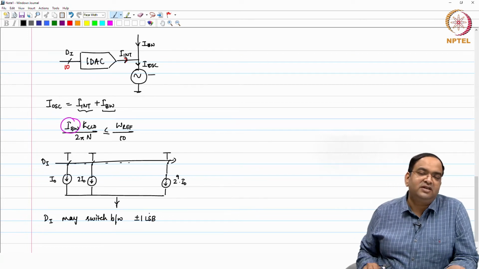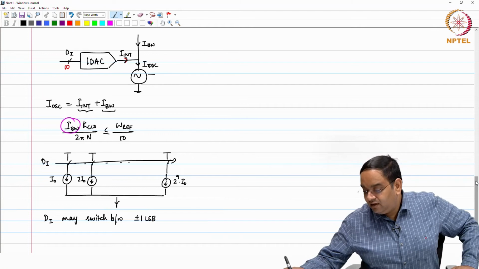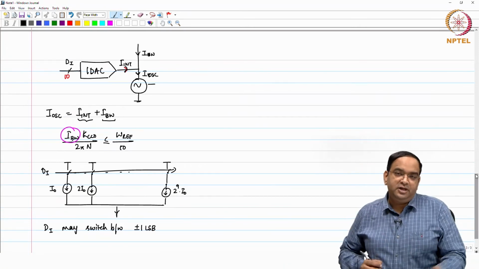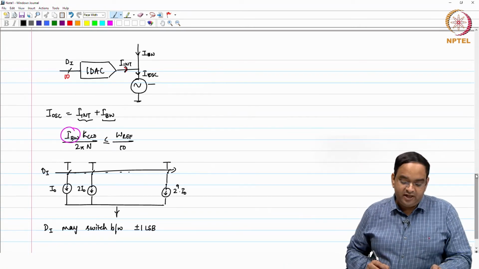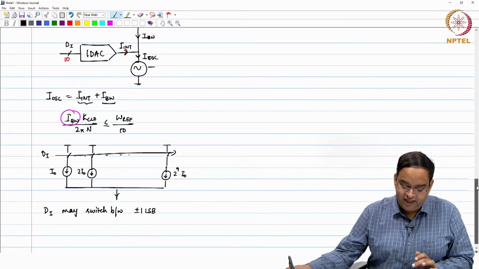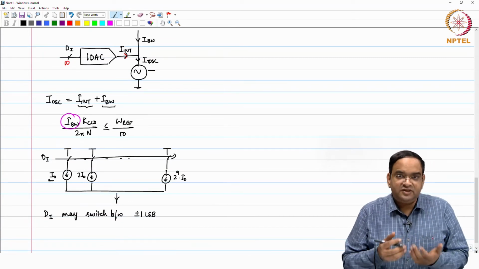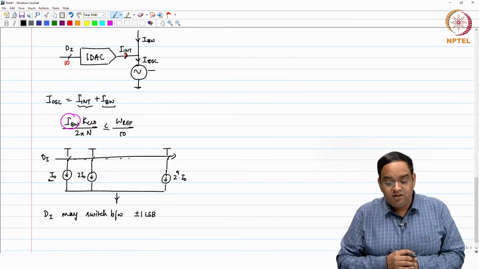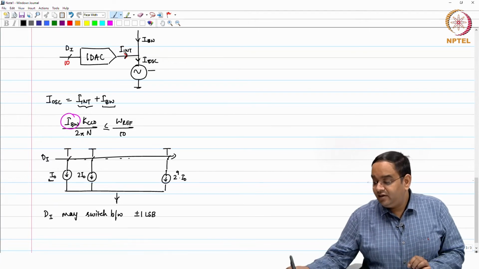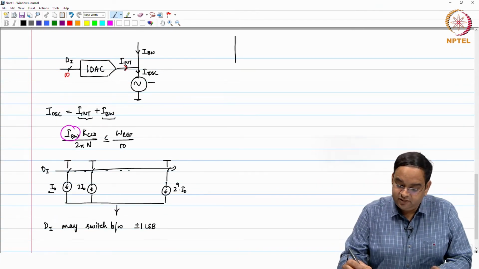So, you can say minus I naught by 2 to plus I naught by 2, and if the changes are a little more, then you will have maybe few LSBs, plus minus few LSBs. So, what happens is that in response to this minimum LSB size which you are having, this current actually changes. If I write